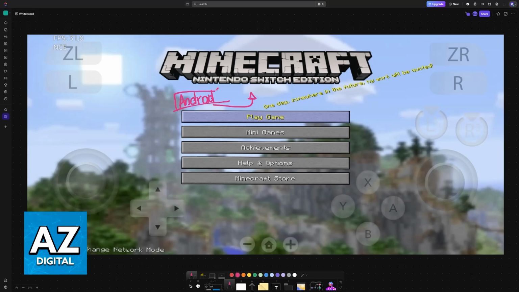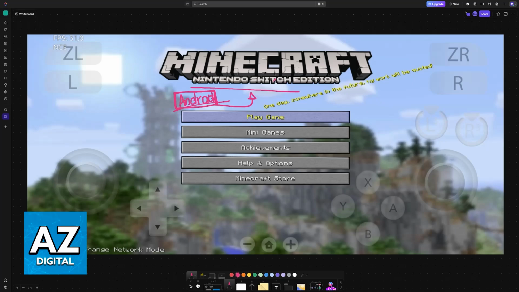As you might be aware, Legacy editions of Minecraft are the versions or editions that ran on older consoles, but they also include the Nintendo Switch. So you might refer to them as Xbox One Edition, Xbox 360 Edition, PlayStation 3 Edition, PlayStation 4 Edition, and so on. These legacy editions were replaced by Bedrock, so if you try to download Minecraft today on consoles and mobile devices, you will be given Bedrock instead.